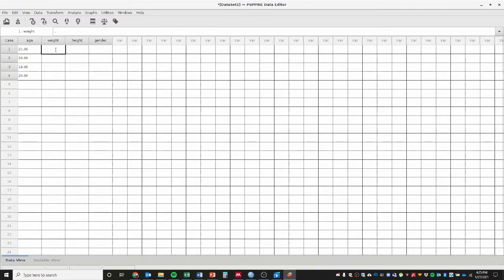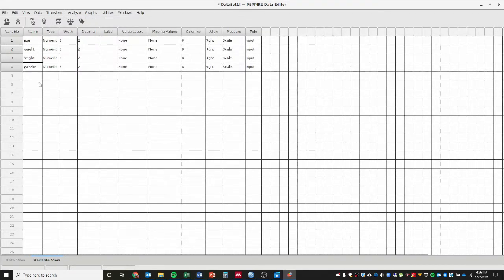So maybe our first participant who was 21 years old, maybe they weighed 190, and the next participant 150, and the other participant 120, and the other participant 160. Each of the rows is a different participant. We could go ahead and fill all of these out. Okay, now I've gone ahead and I've alluded to these metadata a few times, so let's go over what each